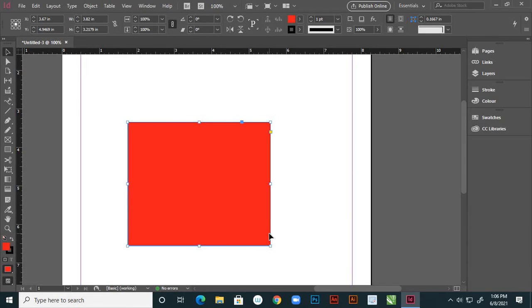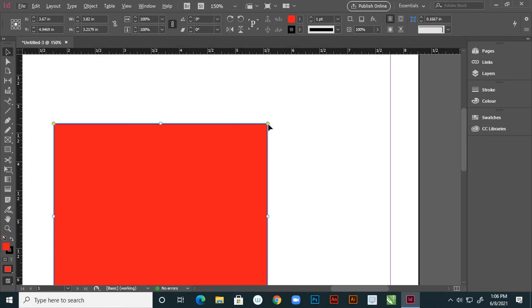Next, if you observe here, there is a yellow dot, Click to edit corners, right? Just click on that, and drag to set the corner size.